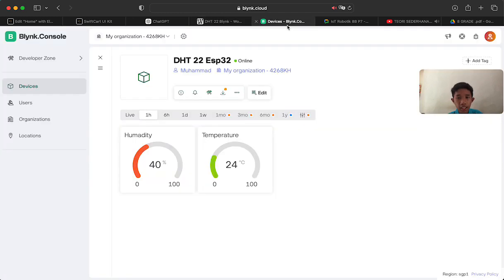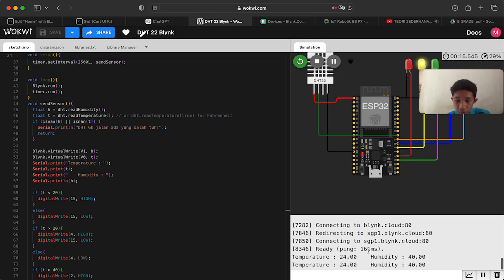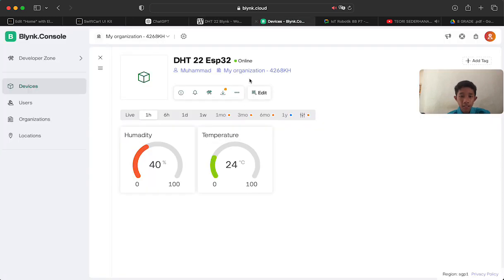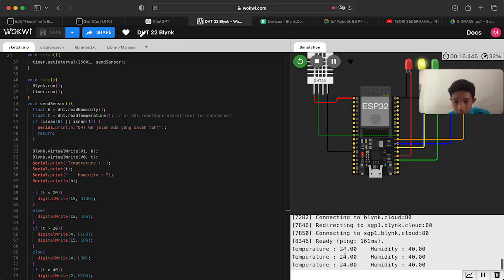We will see in Blynk. Okay, we refresh first, so let's see. Okay, this is already online because the device is already on, and humidity is 40. We see 40 humidity, and temperature is 24.